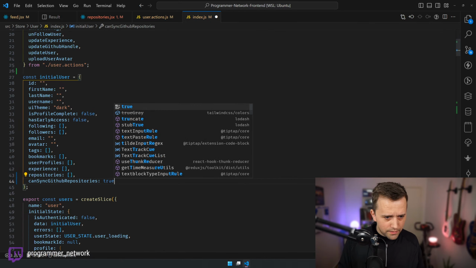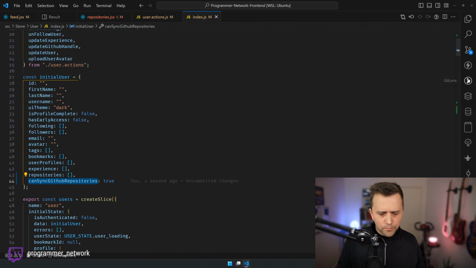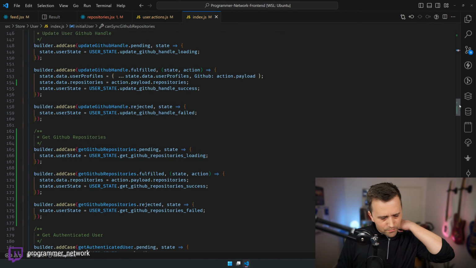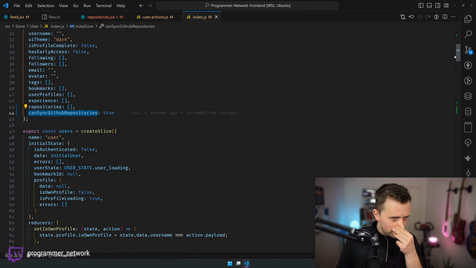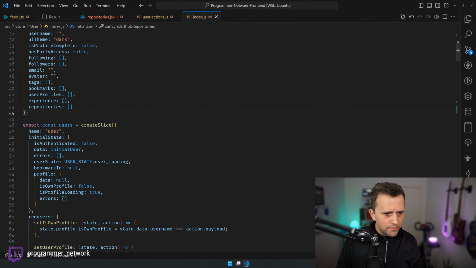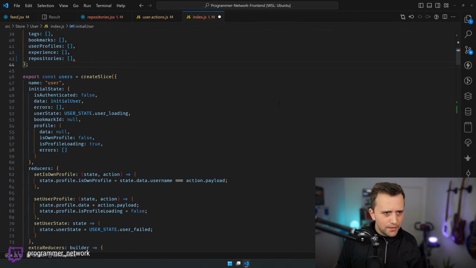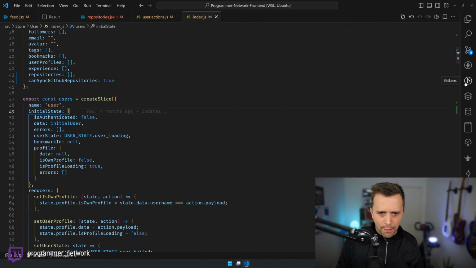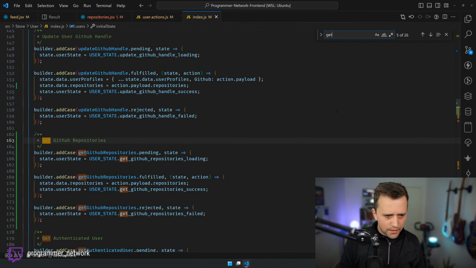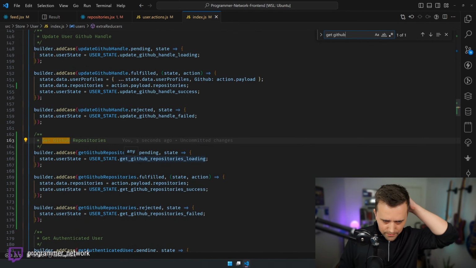So let's actually say the default state is true. No, actually not even that, right? I guess. Yeah, actually, no, we need that. We need that. Okay. No, let's actually have it as false. And then get GitHub repositories, right?